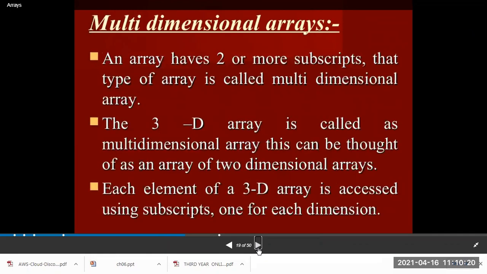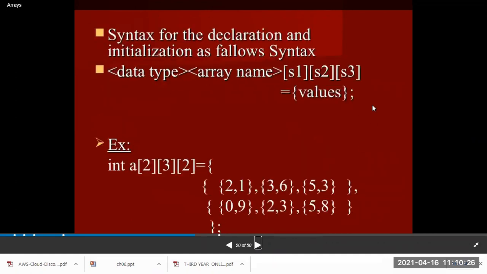A multi-dimensional array has more than 2 subscripts. I already told you the syntax of the multi-dimensional array: data type, array name. Here the first subscript represents how many arrays you take. For example, if we take a of 3, then we store the elements in 3 arrays.